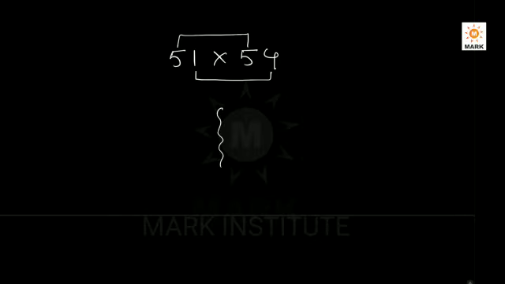Sometimes we can have an odd number in that place. That is the actual issue which comes in this kind of question. Suppose there is a multiplication 51 into 54. Yes, 1 plus 4 is 5, the remaining parts are the same, but the remaining part is an odd number, right? So again the same thing, divide the answer into two parts. The right side part should be 2 digits occupancy. So 1 into 4 is 4, which we write as 04. Now 5 square, 5 into 5 is 25.